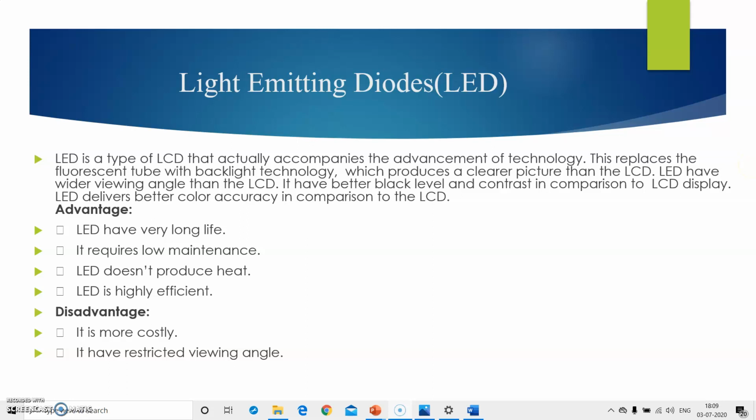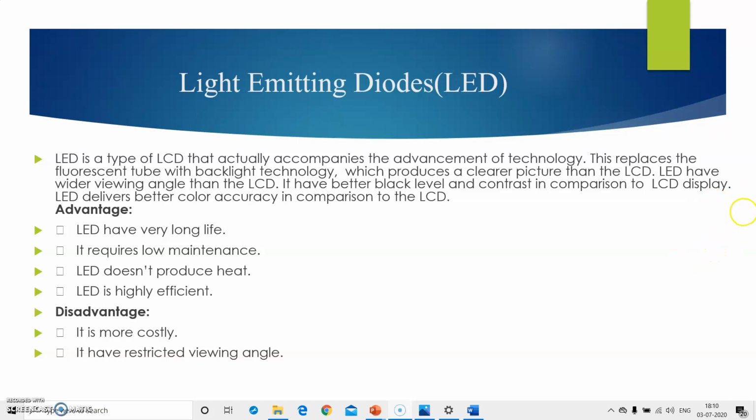Next we study light emitting diodes, that is the next display device. LED is a semiconductor that illuminates when an electrical charge passes through it. LED is a type of LCD that accompanies the advancement of technology. This replaces the fluorescent tube with backlight technology, which produces a clearer picture than the LCD.